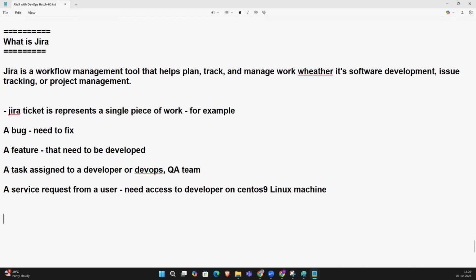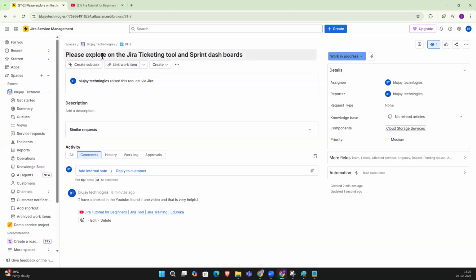Yes, sir. So each ticket contains a summary or title of the issue, and a description.